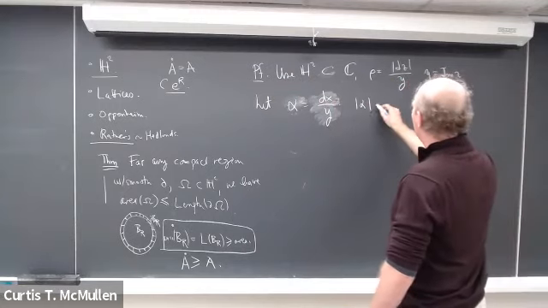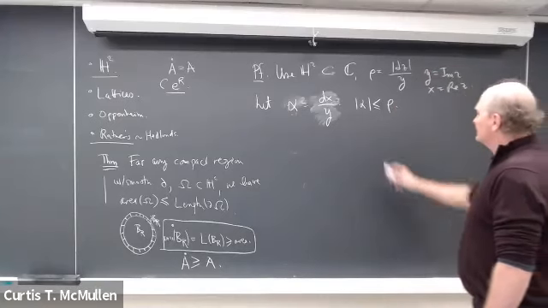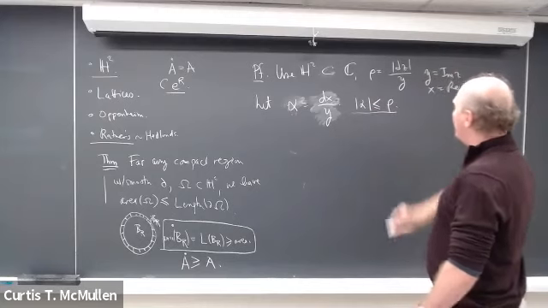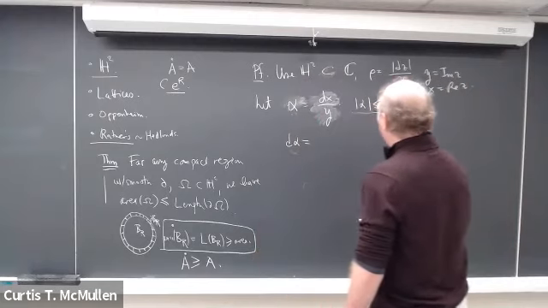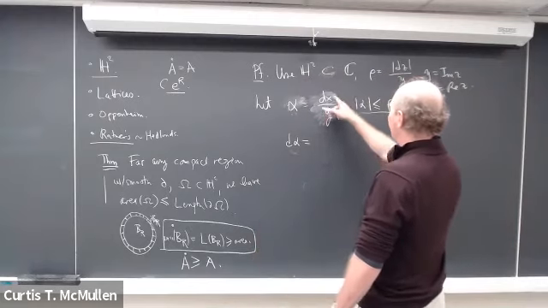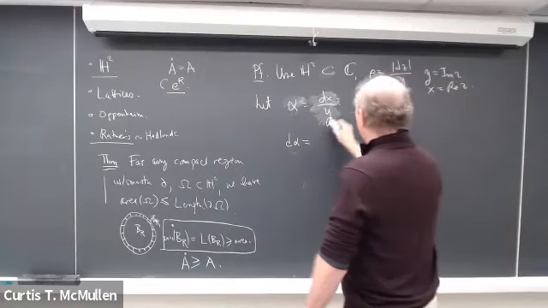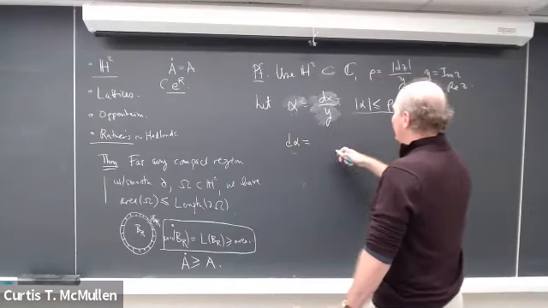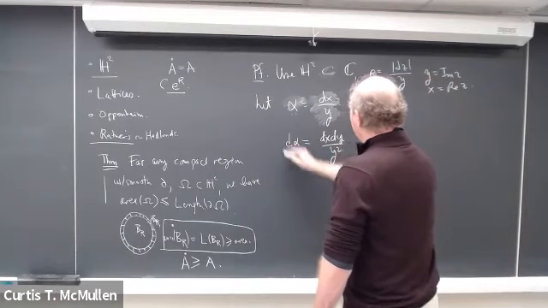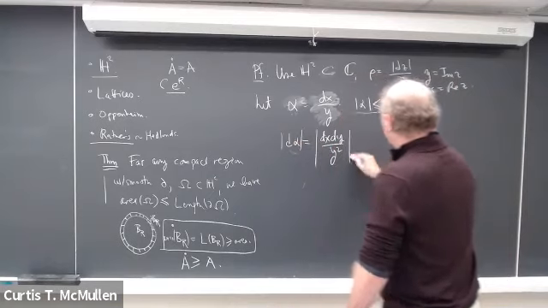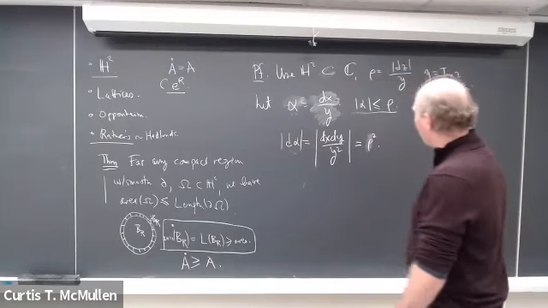So the absolute value of alpha applied to a vector is less than or equal to rho applied to the vector. So we say the absolute value of this 1-form is bounded by the metric. But d alpha is what? Well, let's just differentiate. The only function here is y. You get minus 1 over y squared. But then dy dx, reversing the roles of y and x, you get dx dy over y squared. And so the absolute value of d alpha is exactly equal to the absolute value of the area form on